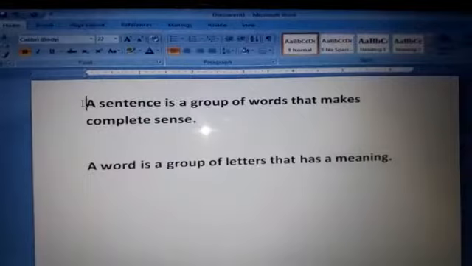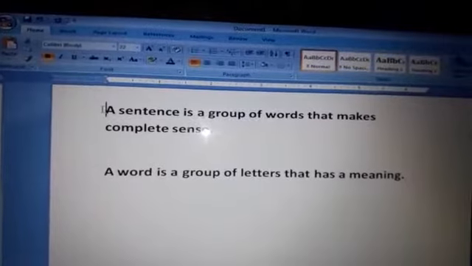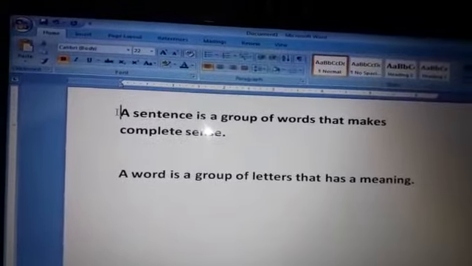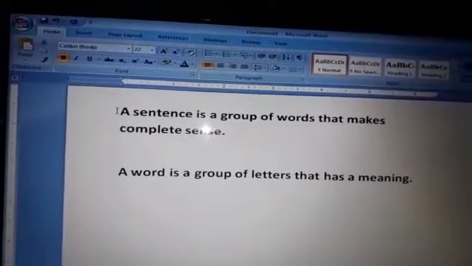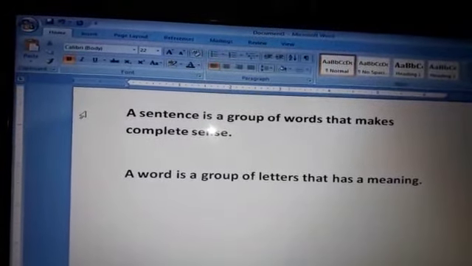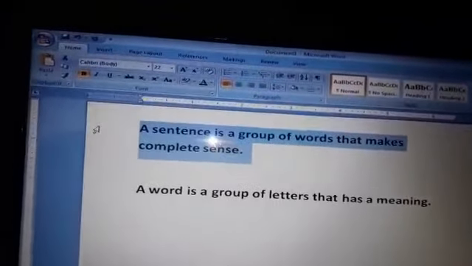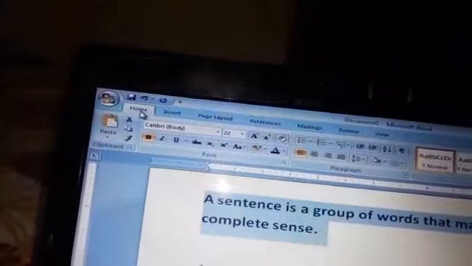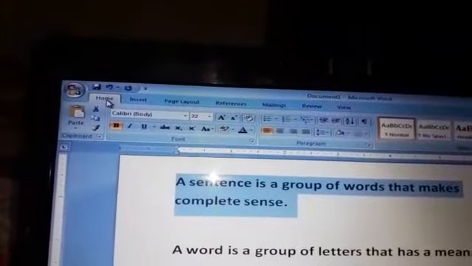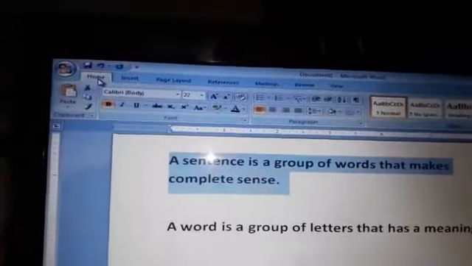Now we will format our document practically. To select any word or any sentence or whole the document, first we have to select it. Here we will format the first sentence only, so we have to first select it. To select a sentence, we will take the cursor right side of that sentence and click once. Now the sentence is selected. Now we will click on home tab. It is already clicked. To format anything, the home tab is only used. Okay, so we will click on home tab. By default home tab is clicked.